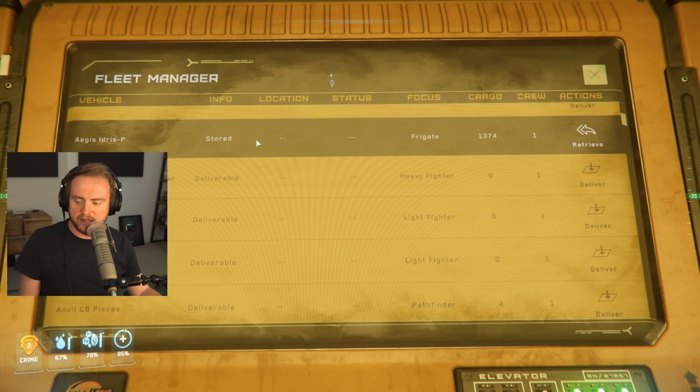You get the Idris P, which is kind of cool. So I don't get a weapon, I don't get all the jazzy pew-pews, and I can't buy the kits because I don't own an Idris. I think there's other requirements. Well, I haven't spent enough money, Chris. Either way, I get to play with this one, which, in fairness, for what I want to do with it, is perfectly fine. So anyway, let's